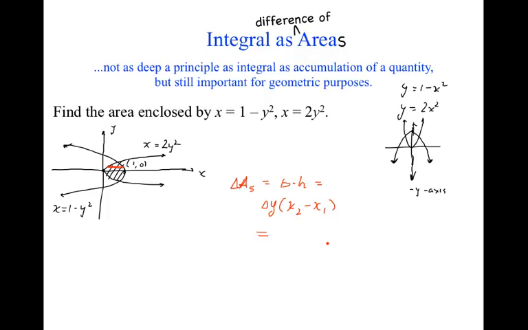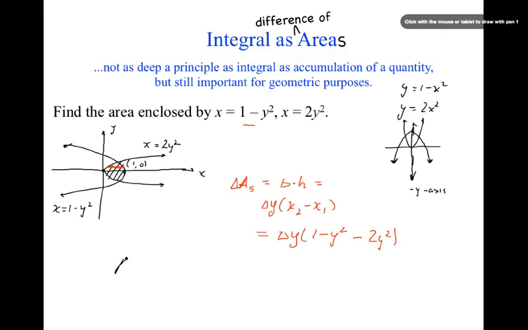And by choosing these horizontal strips, look how easy it's going to be. What is x2? It's the x-coordinate of that parabola opening to the left. What's that? No solving required. It's just, what? This. 1 minus y squared. And what's x1? It's the x-coordinate of this parabola opening to the right. Well, that's just 2y squared. And we're going to go from,